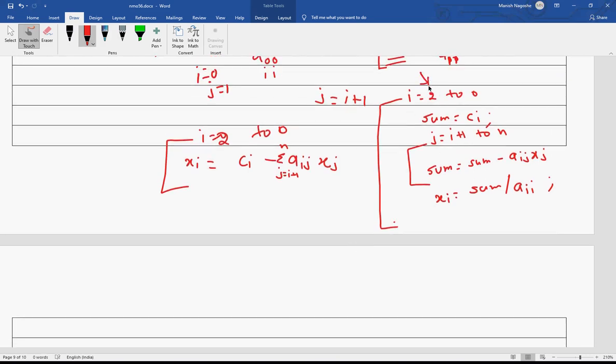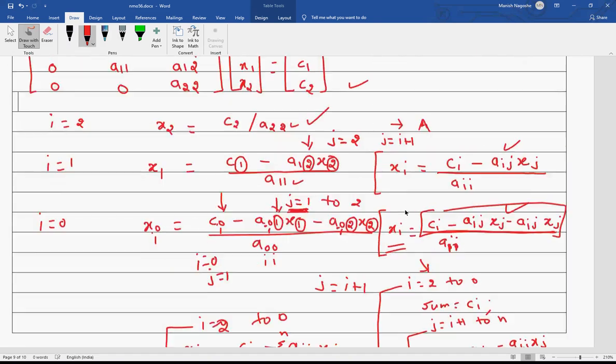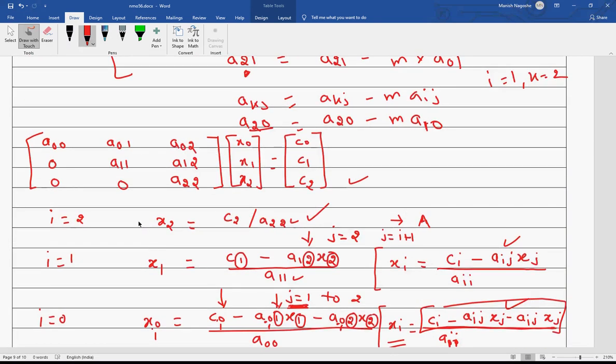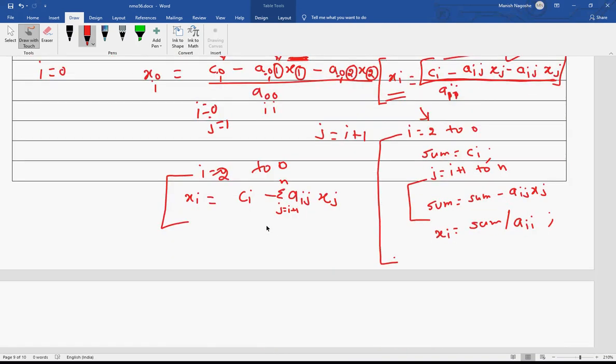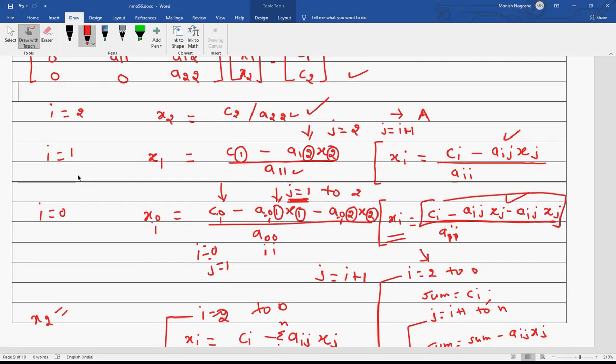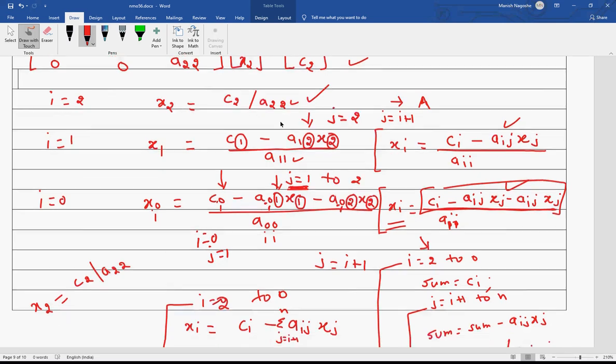Let's say initially i will be 2, because it's the last row. So what I am looking for is x2 equal to, so I write the same thing again in front of you, x2 equal to c2 divided by a22. So this is what I am looking for. This I can get, this I can get, i equal to 1, 0, because there is subtraction. But how am I going to get this? So let's see.